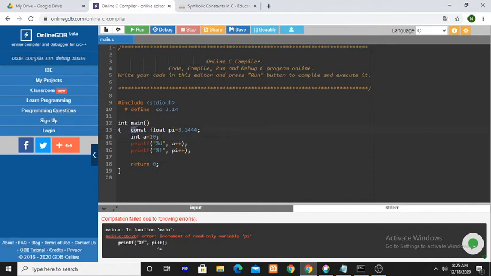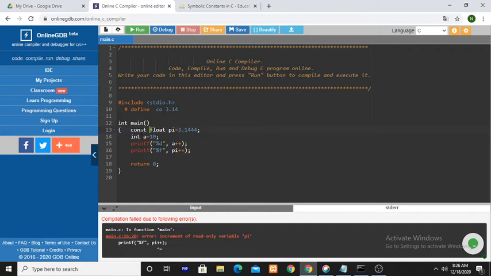If we do not write the keyword const, then float pi is a variable of the type float. It is a normal floating point type variable. If you write the const keyword before this, now this pi is not a variable, it is a constant. Why? Because you have specified the const keyword here.